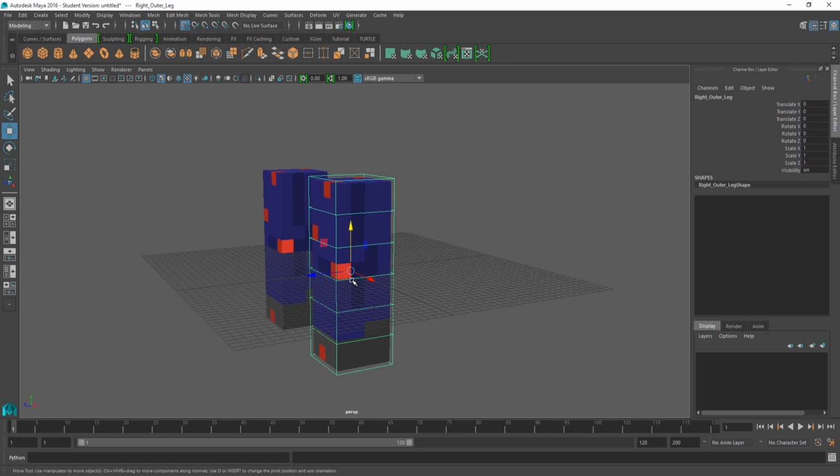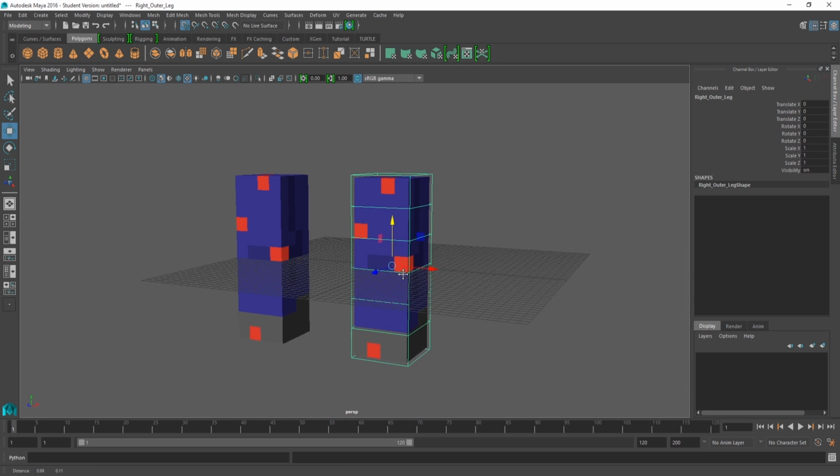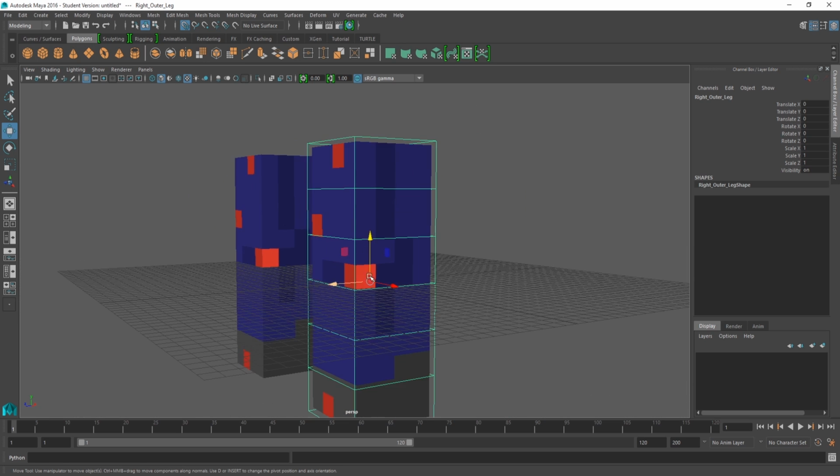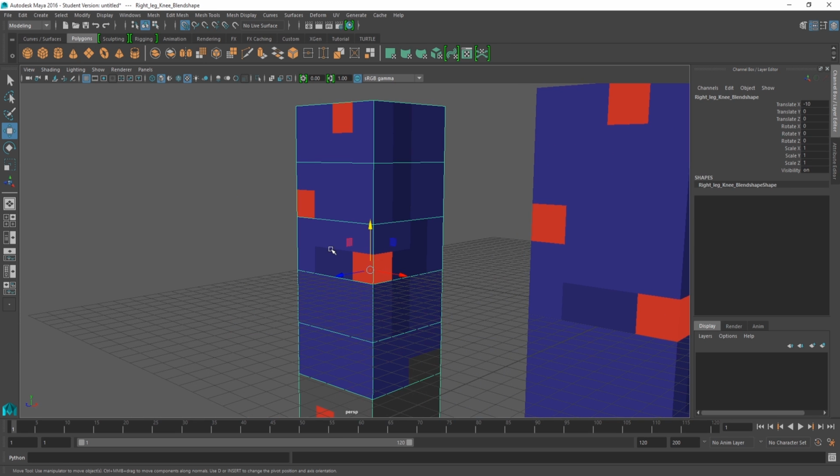We're gonna make a limit of 90 degrees, and because a leg is 4 pixels thick, it's very easy to set this up. The only thing we'll have to do is make sure that we go into edge mode. The knee does rotate, but it doesn't rotate as you want it to, and that's why we're making blend shapes,